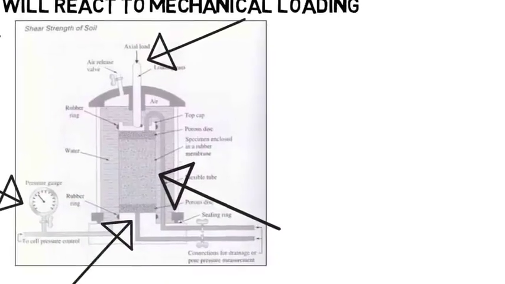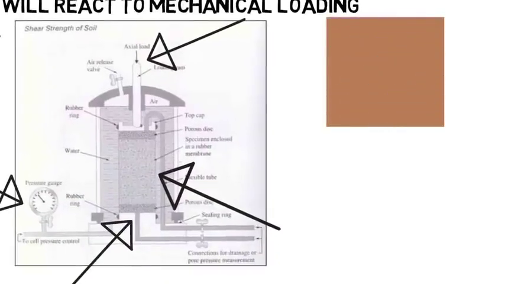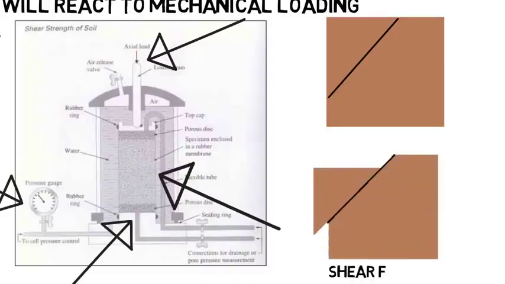If you imagine a square sample of soil and you add a force to the top, the soil can fail along some weak plane. Basically, the weight overpowers the friction holding the soil particles together, and the soil will start to slide, which is known as shear failure. Its ability to stand up to this is known as shear strength, which is one thing that the triaxial test on the left tests for. And this leads us to what a career in geotechnical engineering could be like.